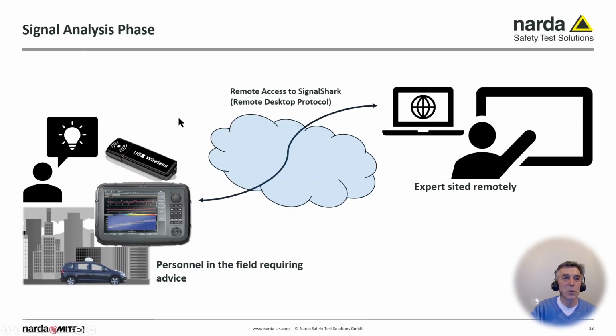Here a feature which is also new to handheld receivers. As we have a Windows 10 computer on board of the SignalShark, it means we can connect it with a traditional USB dongle to the internet. It's possible with something you can buy from AliExpress or Amazon, a normal USB dongle for connecting it to a network. And by this, you can run, for example, also a commercially available remote tool like AnyDesk or TeamViewer in the background of the SignalShark. And then a colleague can have a look at your screen directly online, remotely, and see what you are doing. He can even take over control of the analyzer